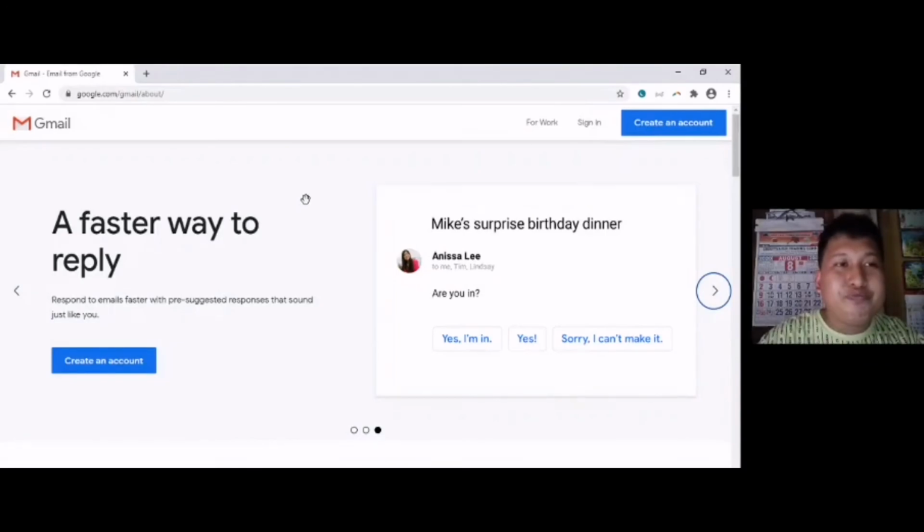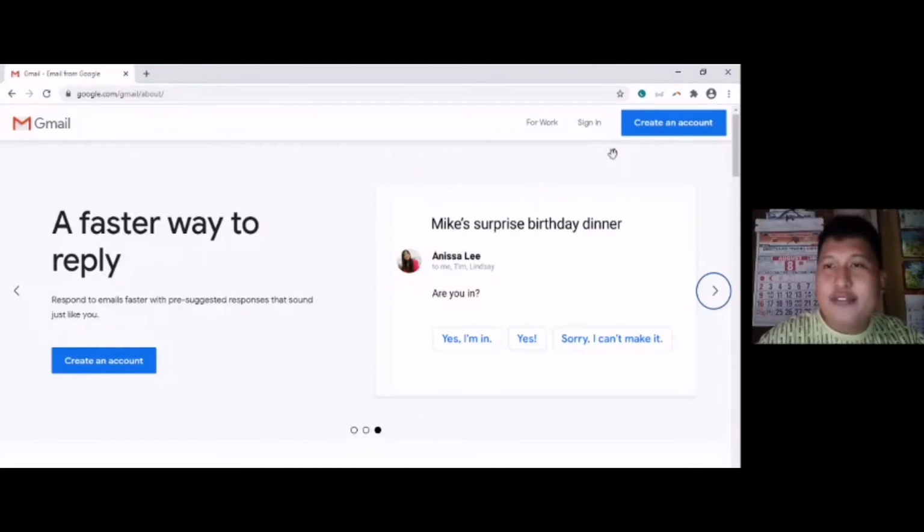Now, Gmail is part of a Google account. Having a Google account can give you lots of advantages. But for the meantime, we need to create an account so that you can see those perks.